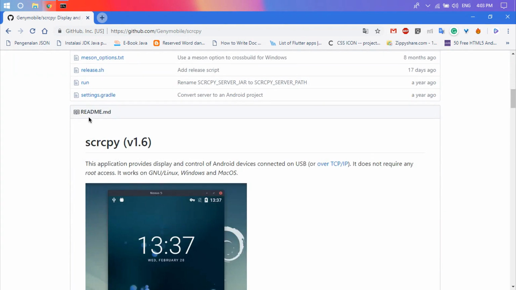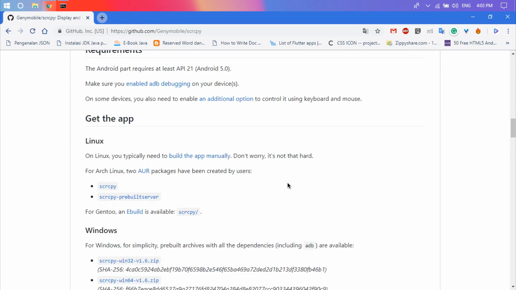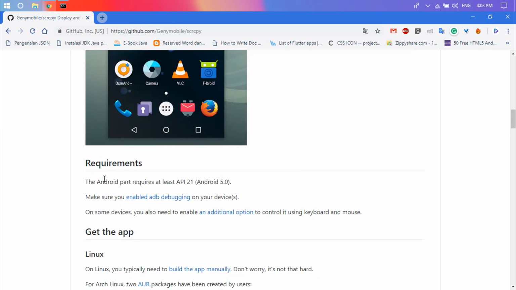As we can see here, the readme.md, Scrcpy version 1.6. This application provides display and control of Android devices connected over USB, or we can use TCP/IP. It does not require any root access. It works on Linux, Windows, and macOS. It requires Android API 21 at least, Android 5.0.